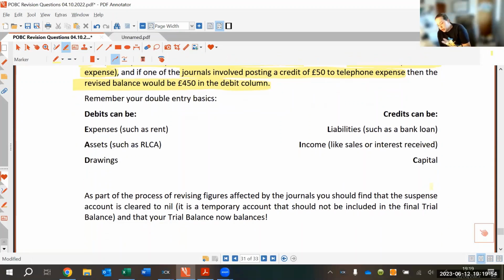The important check for you is that through revising the figures that are in the journals, you want to make sure that your suspense account is cleared to nothing. And you need to evidence that in your answer. You need to show that your suspense account will now have a zero balance for debit and credit. So if you are able to put figures in for the suspense account on the debit and credit, I would just put big fat zeros in both of them to show that